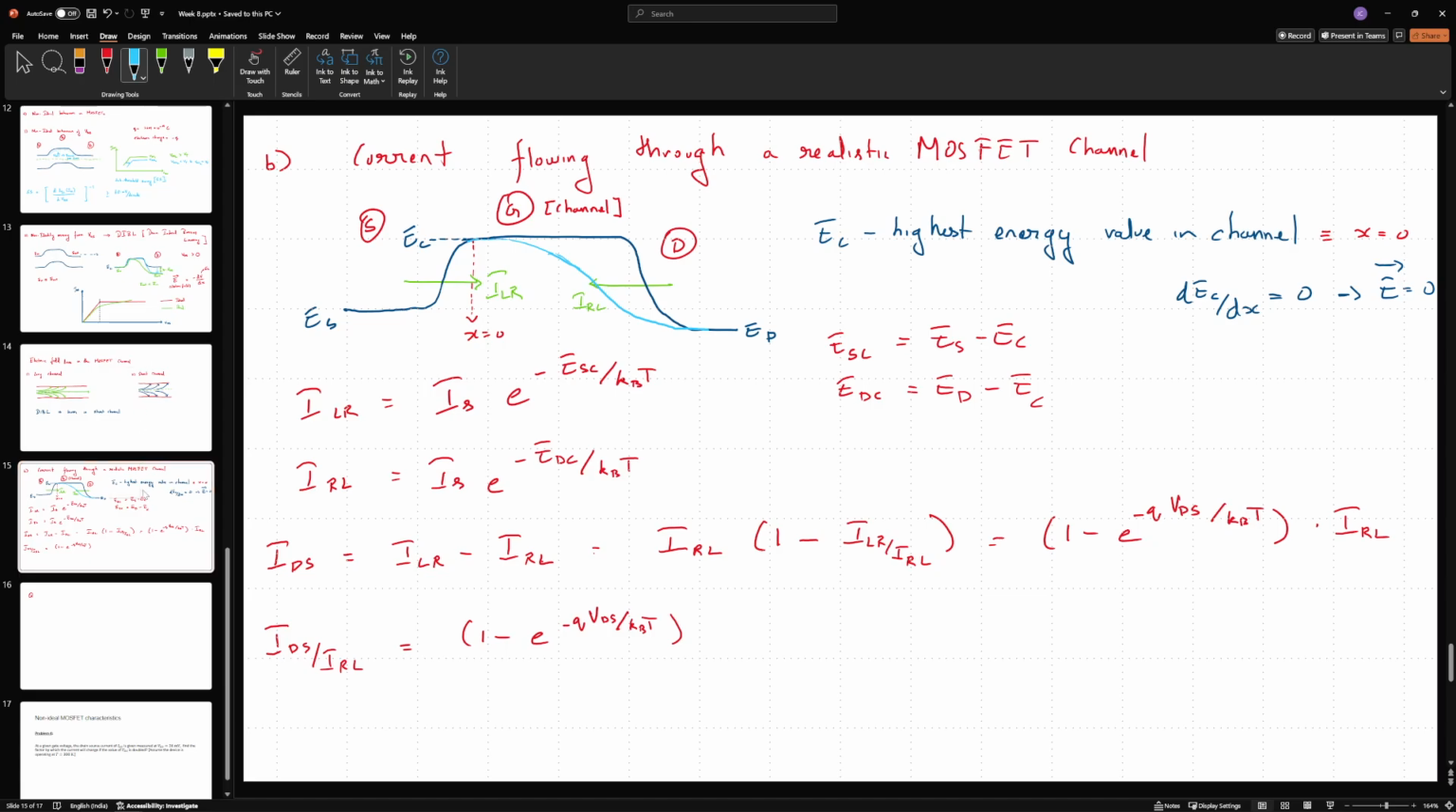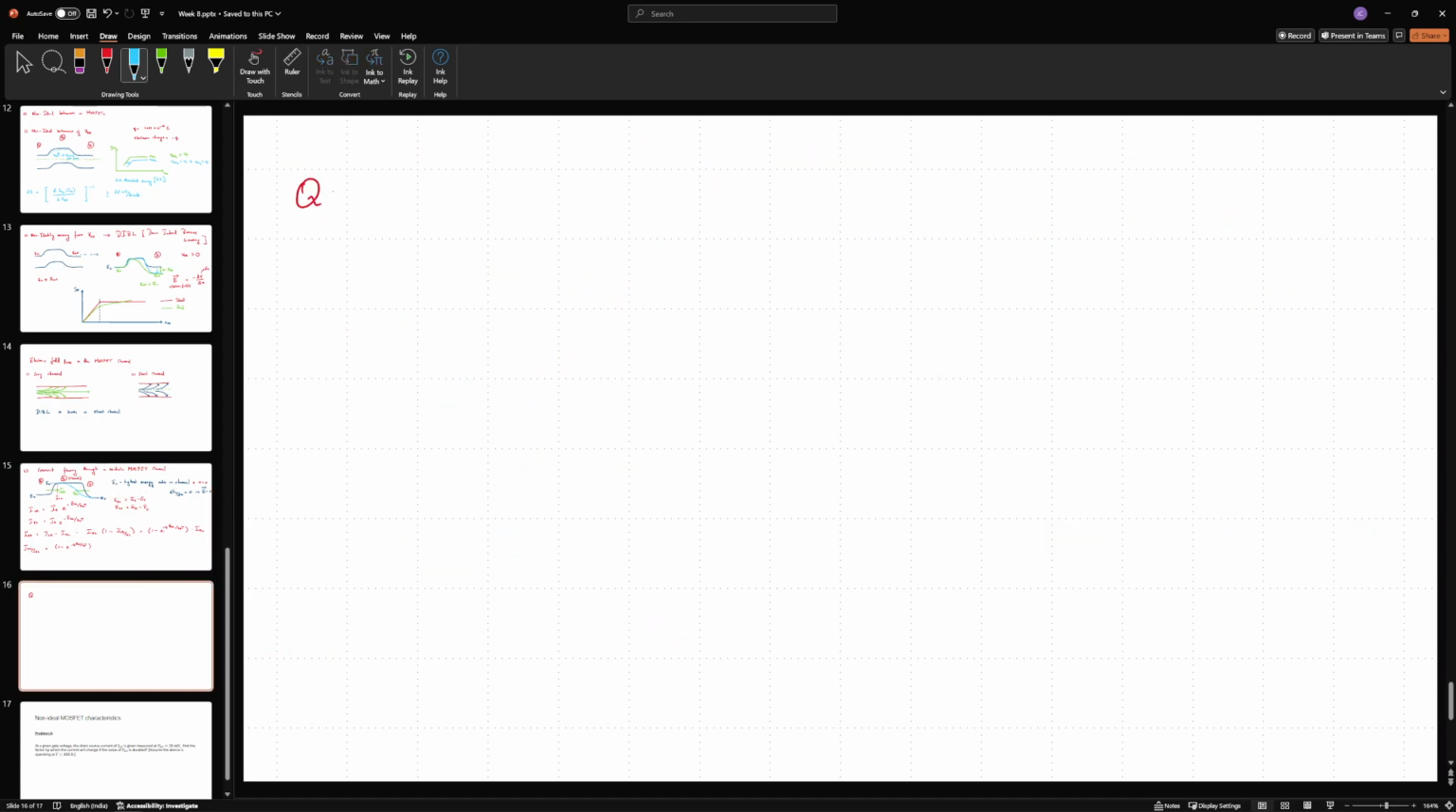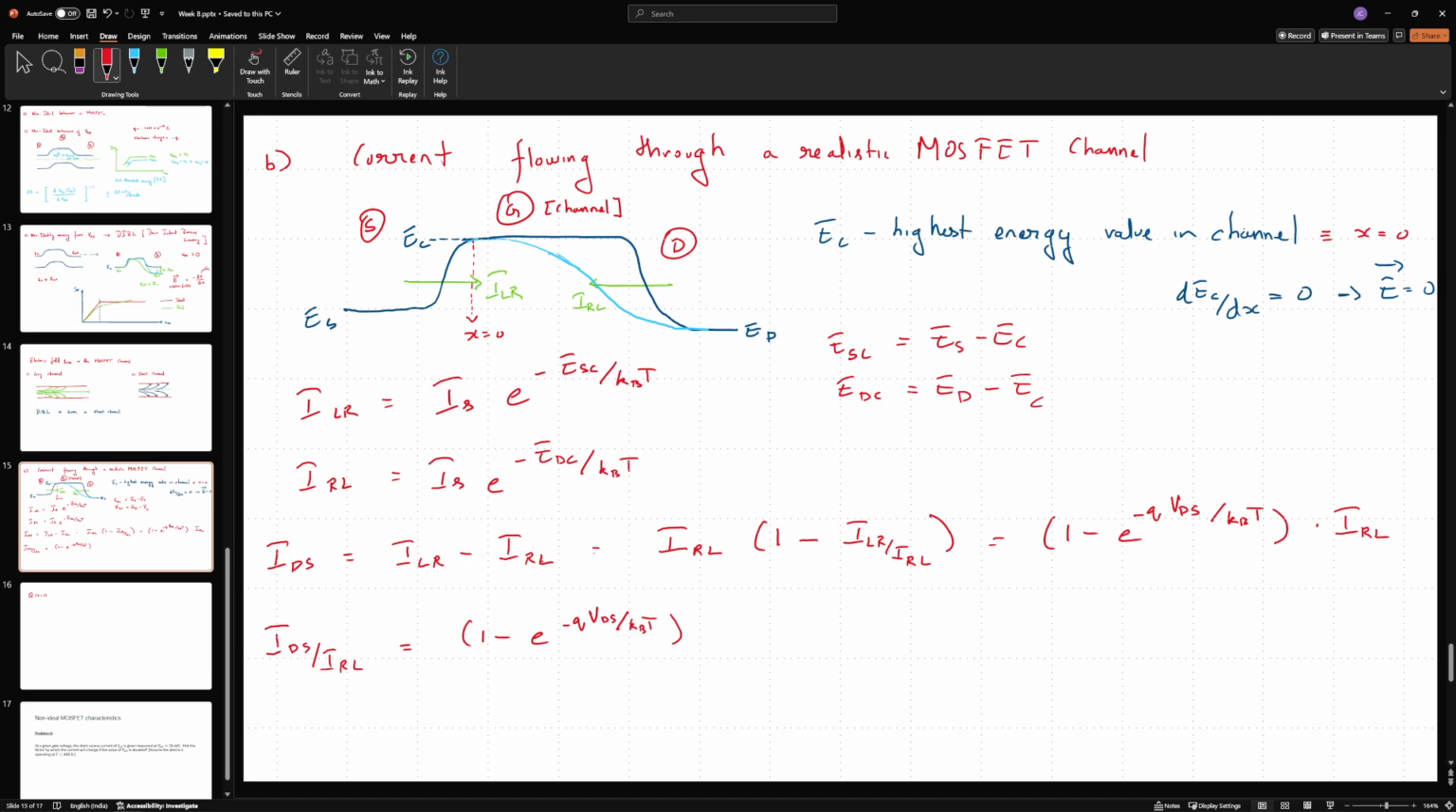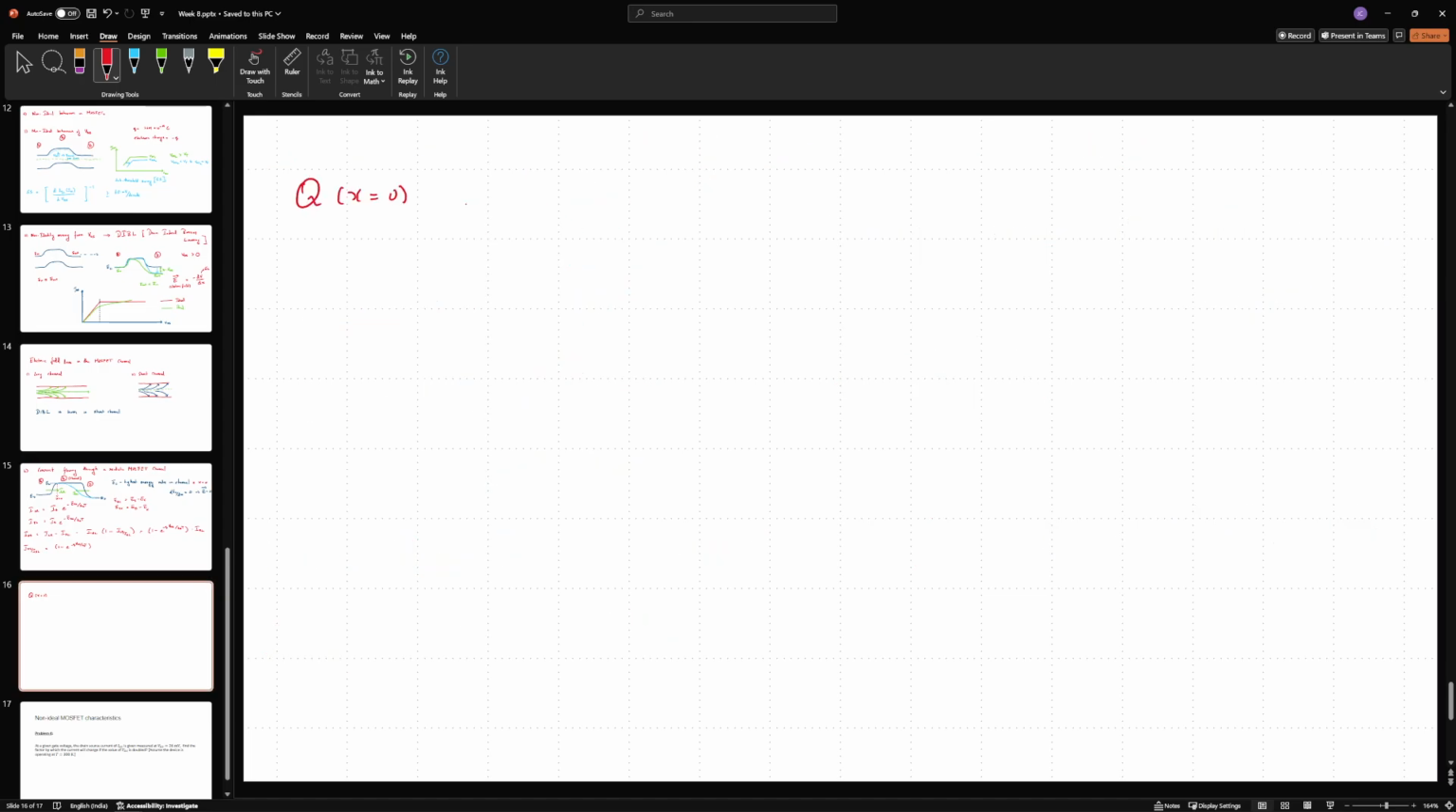Now Q at x equal to 0 is what we are trying to derive. When the electric field is 0 at this point, there is no force on the charge, so all the charges present there will be static. So where are the charges coming from? They are coming from LR and RL. They are both getting accumulated at this point. So that is a point of charge accumulation, and that is going to be equal to IRL plus ILR divided by